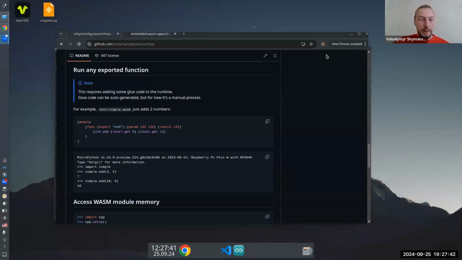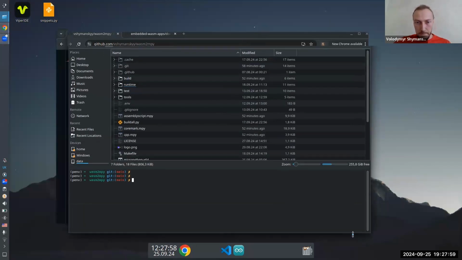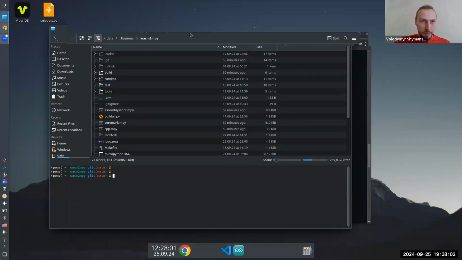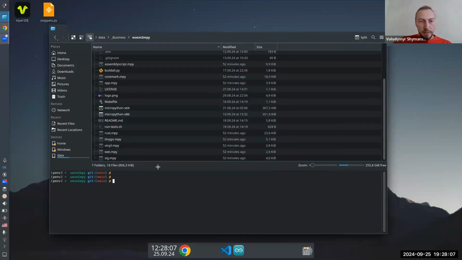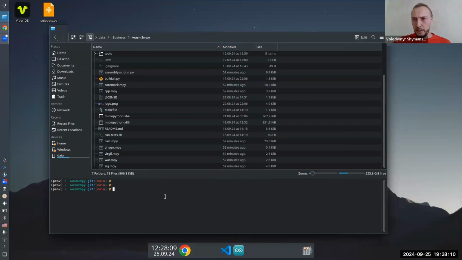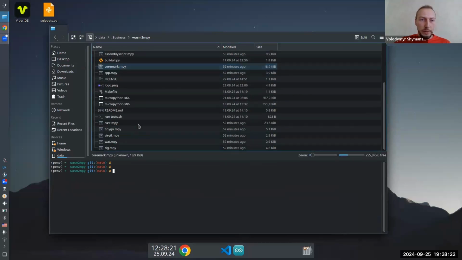So let's do just that. I have an ESP32 board. I'll plug it in. Okay, I'm not sure if I can switch to... yeah, this one works. So this is WASM2MPy. The environment is already configured. This typically includes downloading the toolchains and some external utilities, wasm2c and stuff like that. But once that's done, we can do several things here.